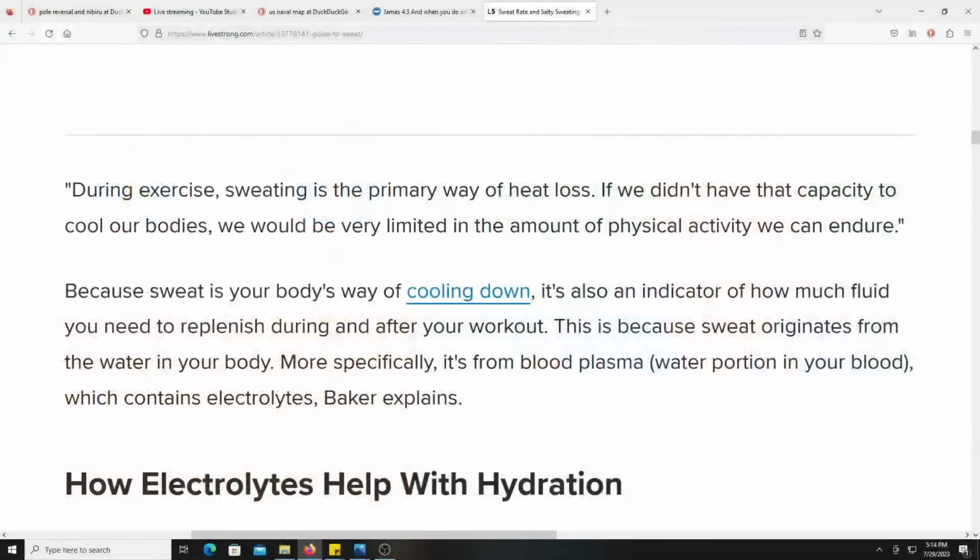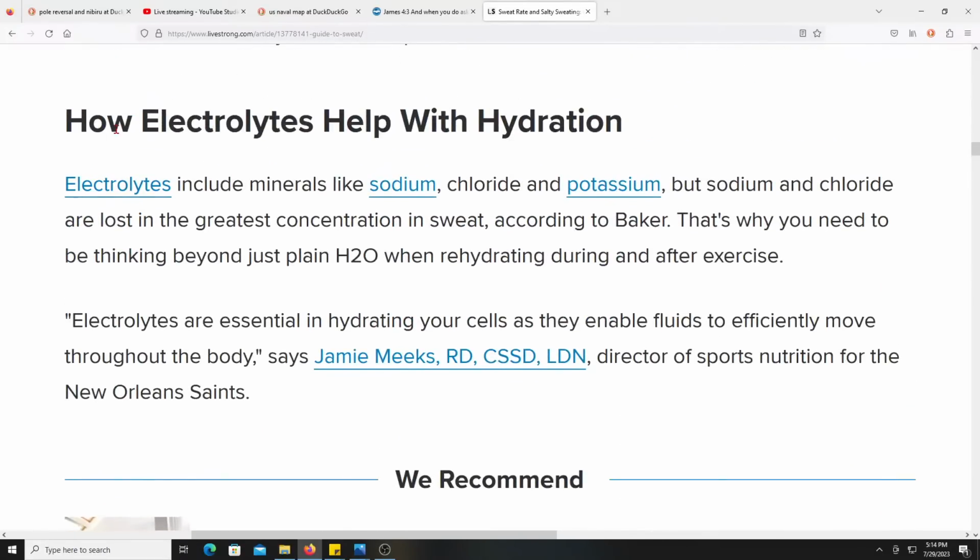Let's read about this. Your sweat originates from the water in your body. More specifically, it's from the blood plasma water portion in your body, which contains electrolytes. I didn't know that. How electrolytes help with your hydration: they include minerals like sodium. Well, I guess you need some salt in your body.